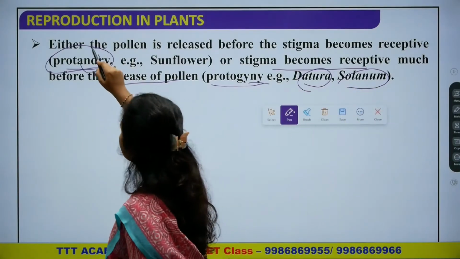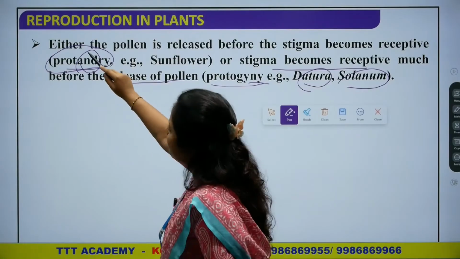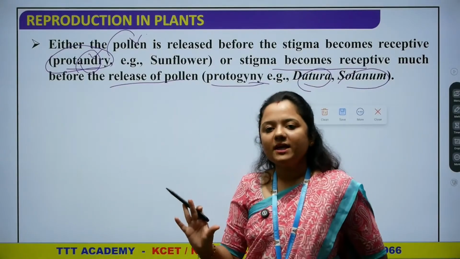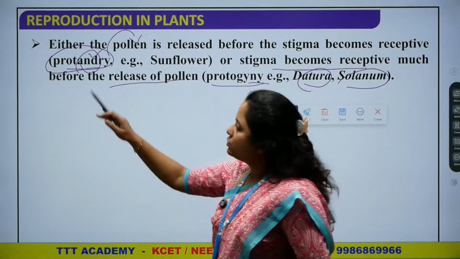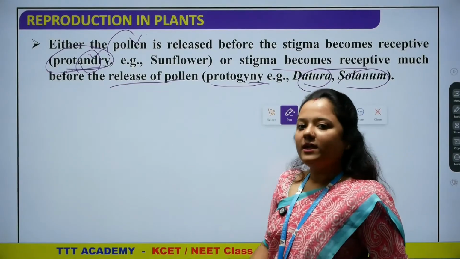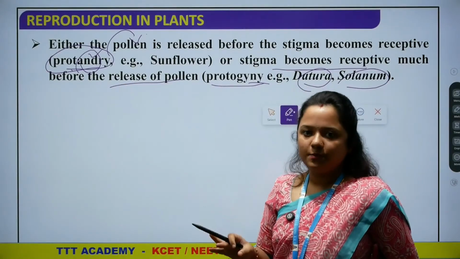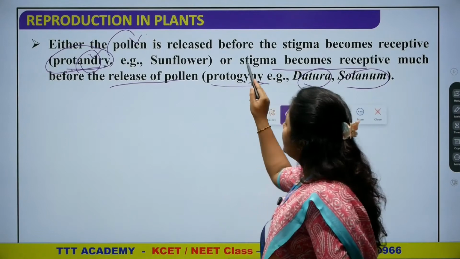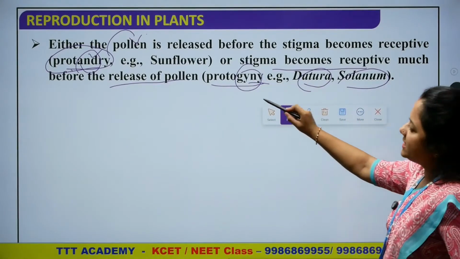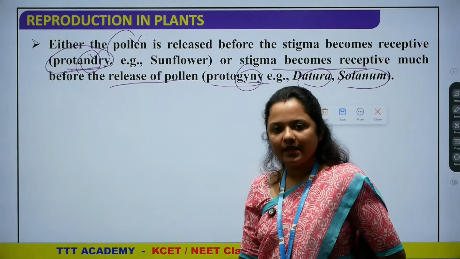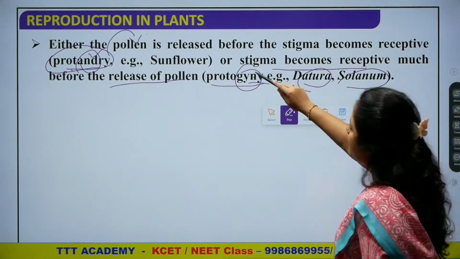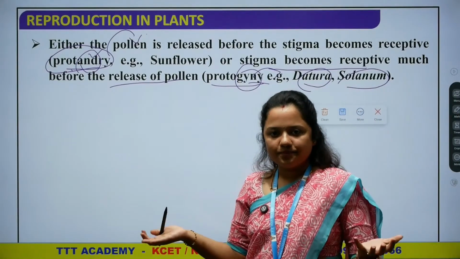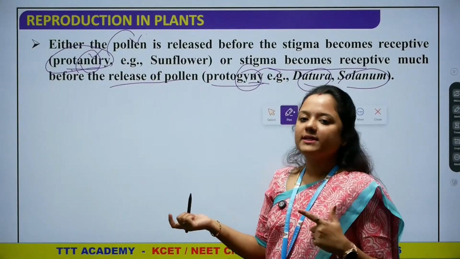See, androecium, protandry: first, andry. If you see andry, then the pollen is evident, I mean the male gametes are evident. So if protandry comes, then you can easily identify that the pollen grains are released, that the pollen is active. So protogyny: gyny, obviously, gynoecium stands for female in plants, correct? So what should we understand then? The stigma is receptive. The female gametophyte, the female gametes are ready to receive, but pollen grains are not yet released.